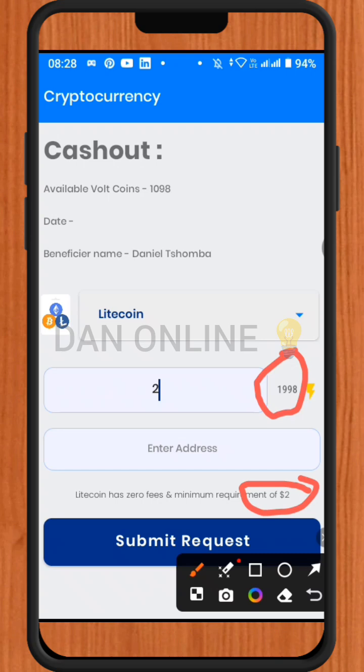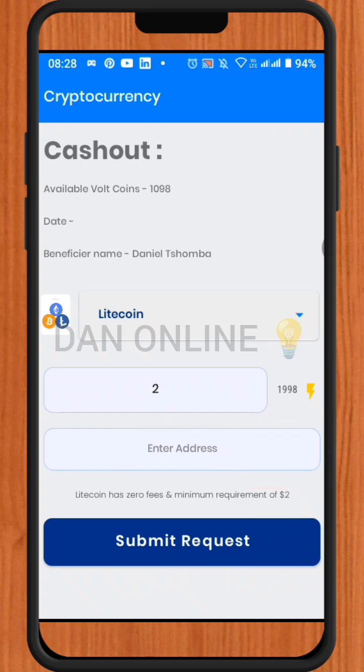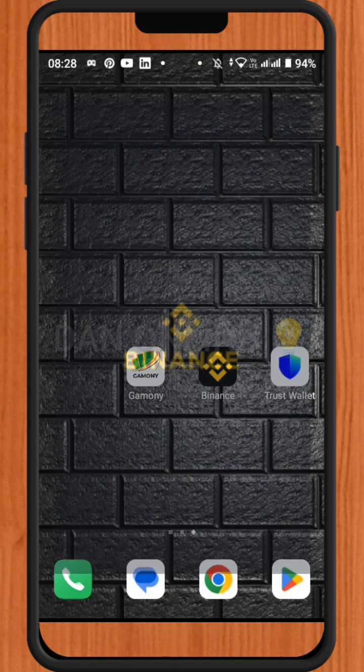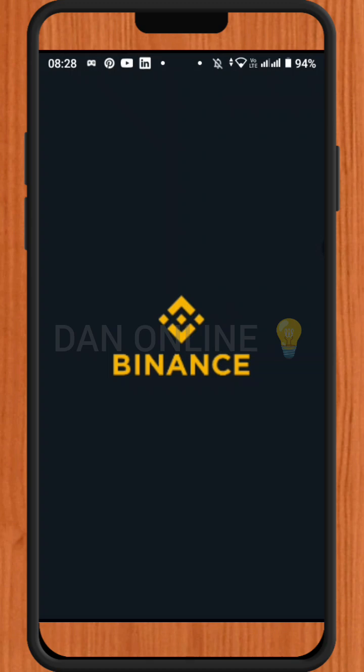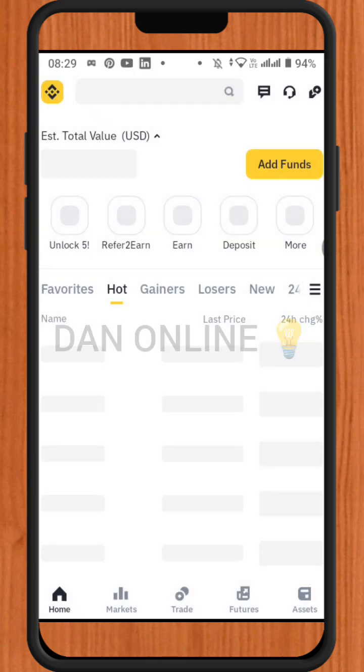Now it remains to take the address. Take the address, you go on your Binance. You can use any crypto wallet you want: Binance, Trust Wallet, OKX. Any crypto wallet you want, you can use it. So this is Binance. What you have to do,